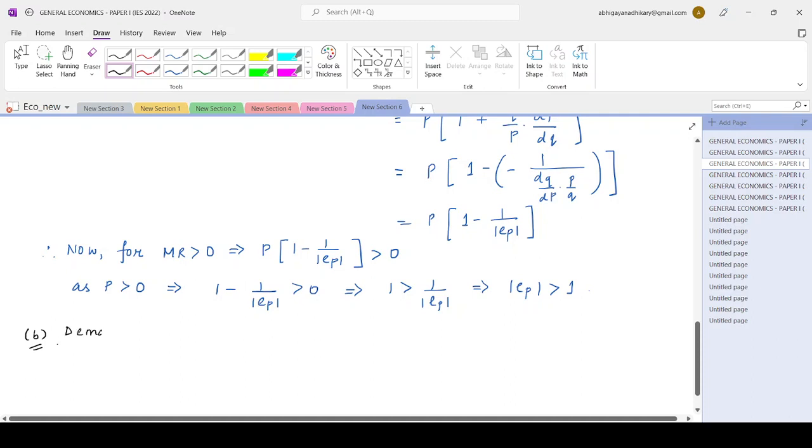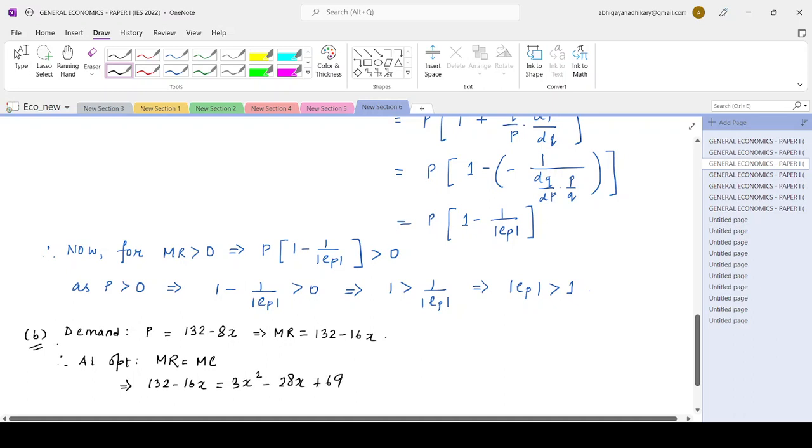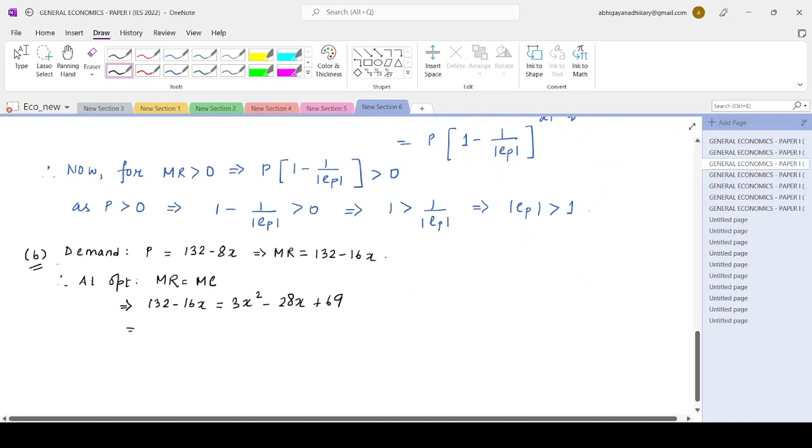So the demand function is P equals 132 minus 8x. That means your MR is 132 minus 16x. Therefore, at optimal, we just found out that the marginal revenue should be equal to marginal cost. That means 132 minus 16x is equal to the derivative of the cost function, which will be 3x squared minus 28x plus 69. So taking everything to the right side, 3x squared will become minus 12x minus 63